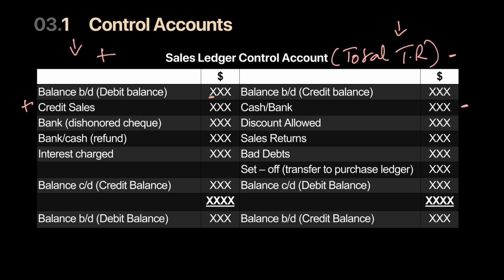If I give my trade receivables any discount, I'll get a lower amount. It should go on the credit side again. If my customer returns goods, it should again reduce my trade receivable because my outstanding goes down. If there's a bad debt, if any customer has defaulted, then obviously our outstanding goes down. It should go on the credit side as well.